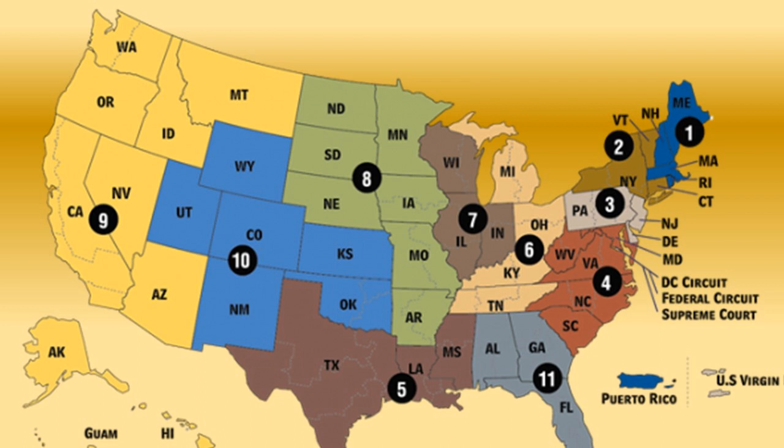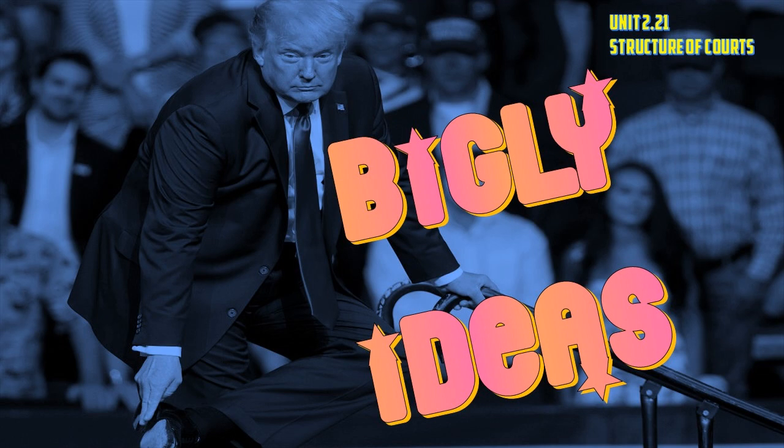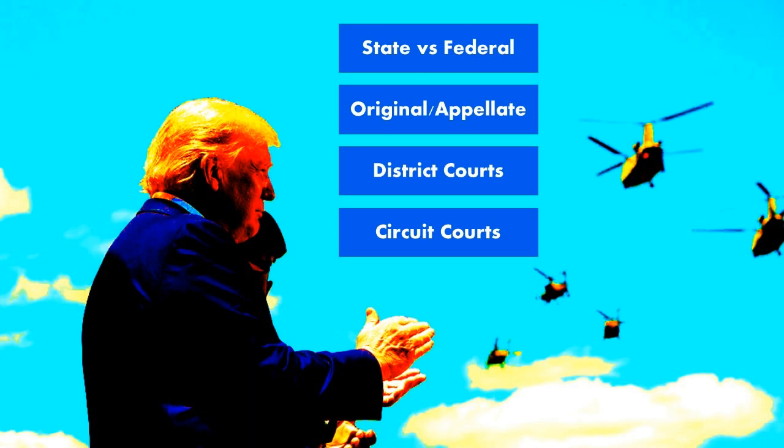All right, that's it for today. It's time to take a look at our big ideas and wrap up all the important stuff going on here. So here's President Trump showing off how strong the bottom of his shoe is as he approaches a dangerous ramp. All right, the main things we want to remember today: